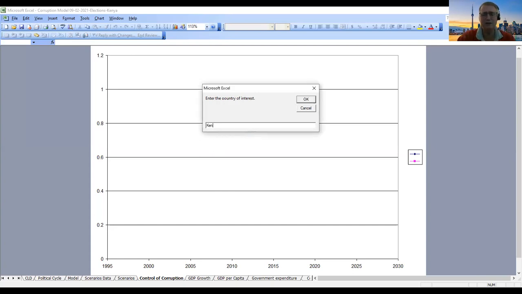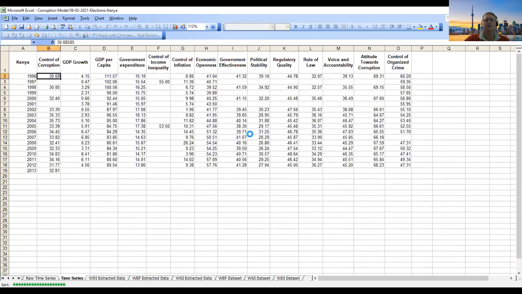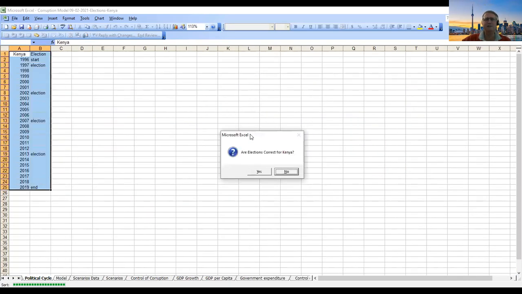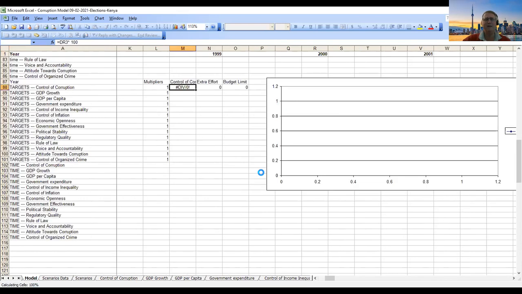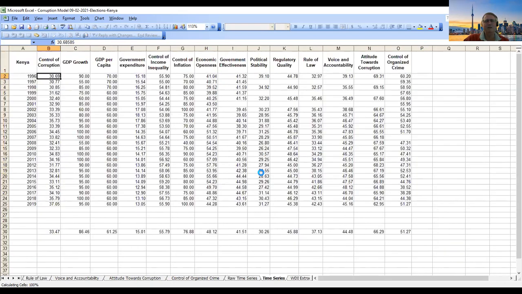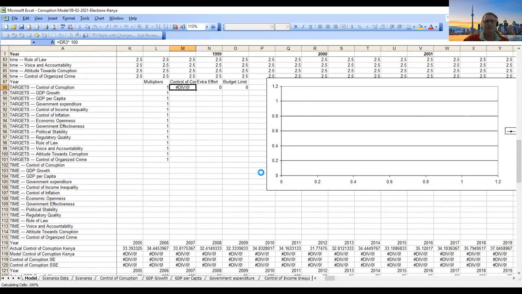So I'll put in Kenya, and it will extract the data from the databases. And then it'll ask me for the election cycle for Kenya. And I've already added the elections in Kenya over the period 1996 to 2019. So I'll just accept these values. And then the program generates the system dynamics model, and then it starts the calibration process. So here is the model being developed,